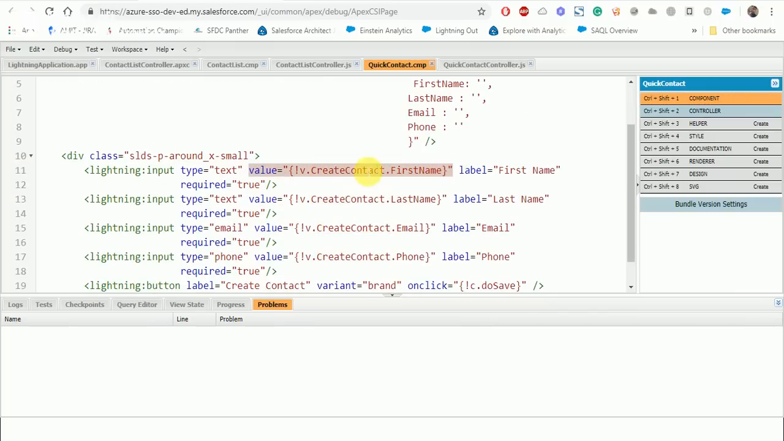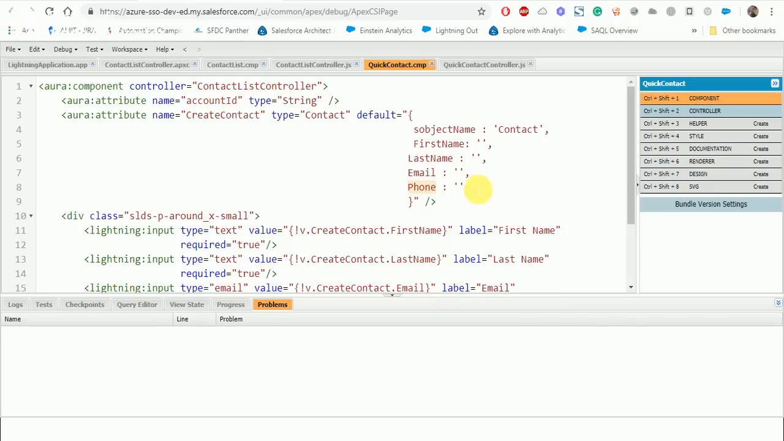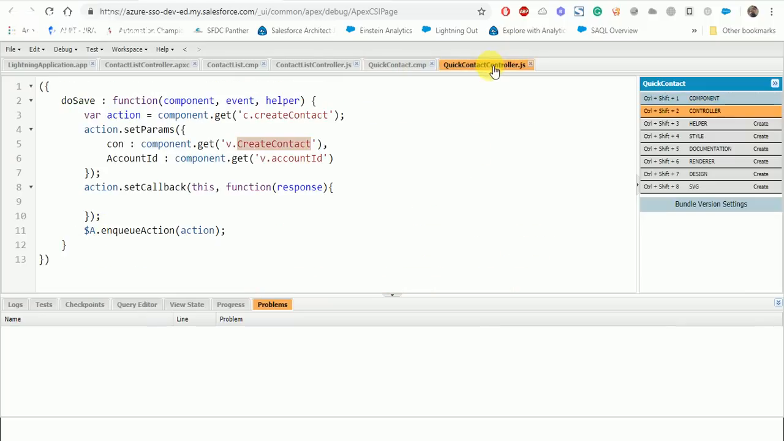So what it will do, whatever the value we input for the first name, last name, email, and phone, the values will be stored in these attributes, and then we can easily get those values once we are using component.get for this attribute. So we don't need to get the values one by one. And now we will just get where state equal to response.get state,